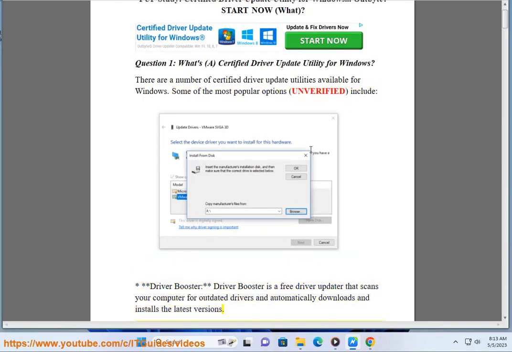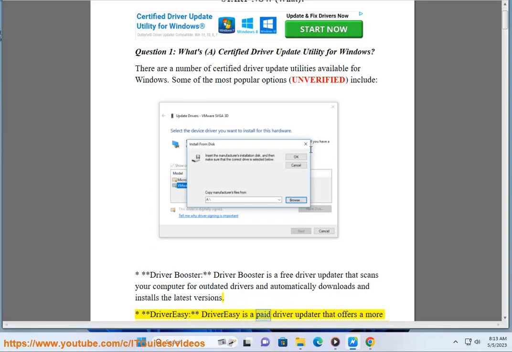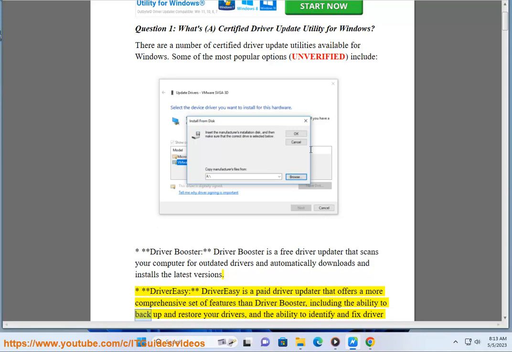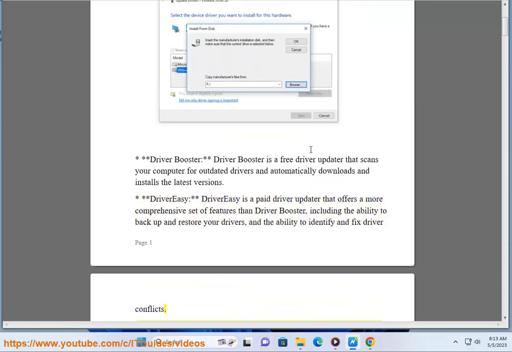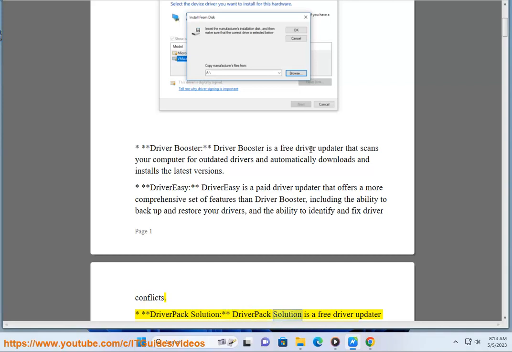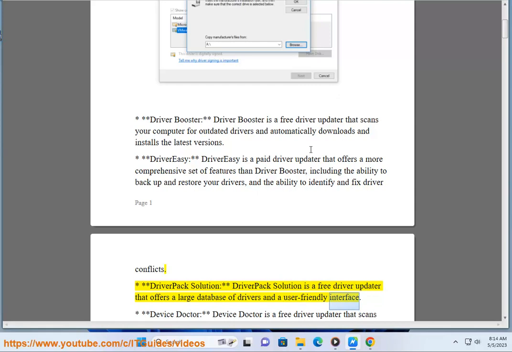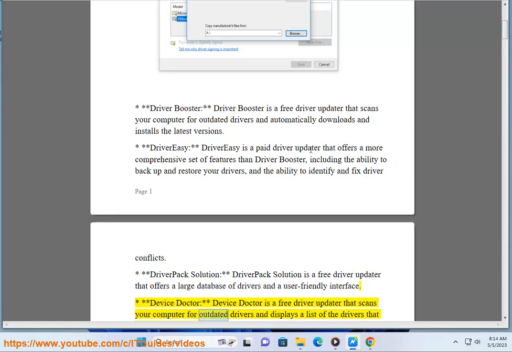latest versions. Driver Reviver. Driver Reviver is a paid driver updater that offers a more comprehensive set of features than Driver Booster, including the ability to backup and restore your drivers, and the ability to identify and fix driver conflicts. Driver Pack Solution. Driver Pack Solution is a free driver updater that offers a large database of drivers and a user-friendly interface. Device Doctor. Device Doctor is a free driver updater that scans your computer for outdated drivers and displays